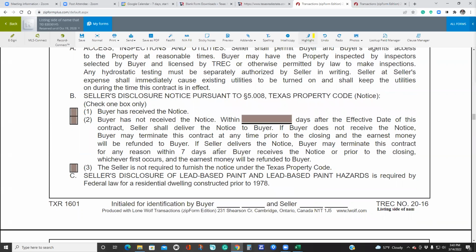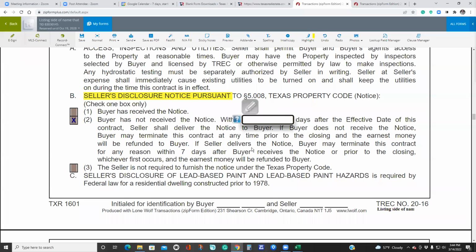Here's a really good one for you. On the seller's disclosure notice. If you're the listing agent, get the seller's disclosure notice uploaded into MLS. If I'm representing the buyer, I want to get that before I write the offer. Get it before you write the offer, if at all possible, because you're giving them advice and opinions. How can you write an offer if you haven't seen the seller's disclosure notice? If I have to go with this one,